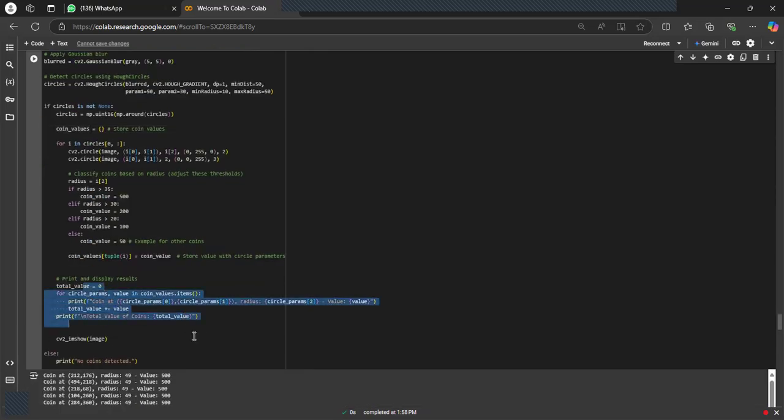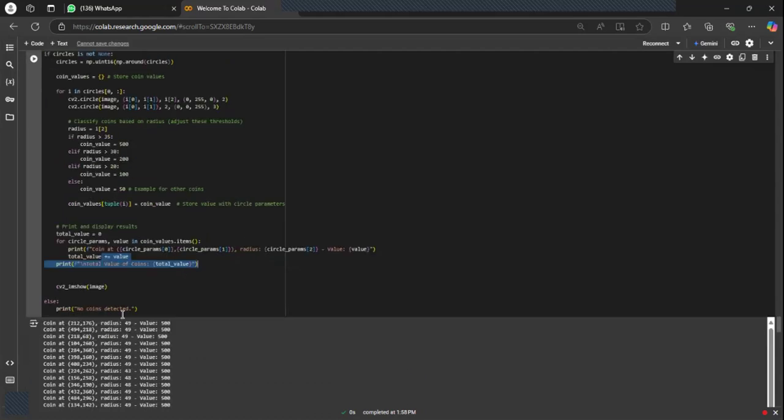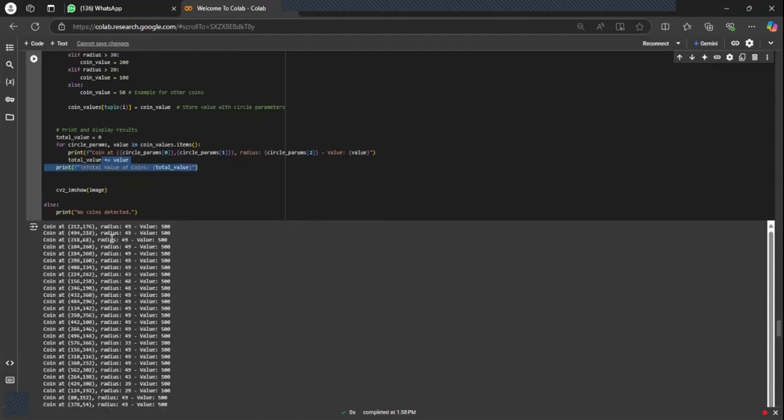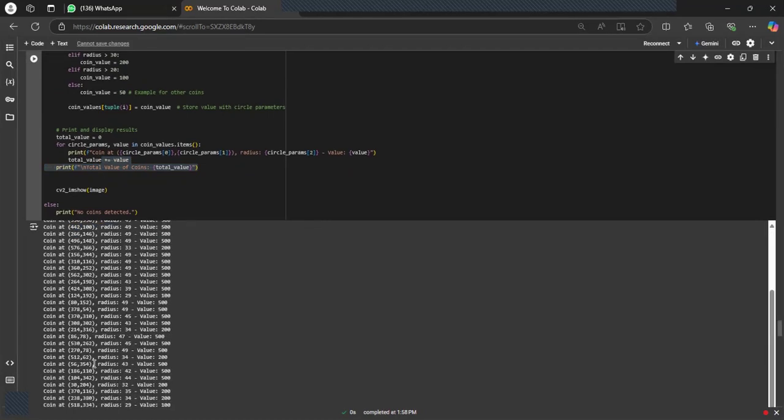And then we append the circle parameters. For the coin tuple, this is the key, absolutely. And then you could use this radius, circle params as a tuple. And then we print it. And then the output is coin at this coordinate, radius this, value 500, and then this also, and so on.